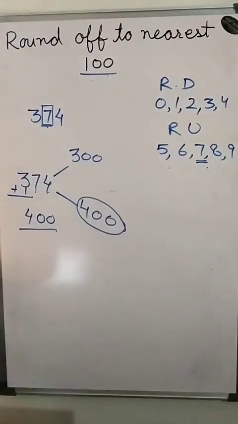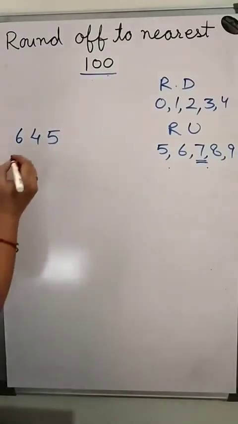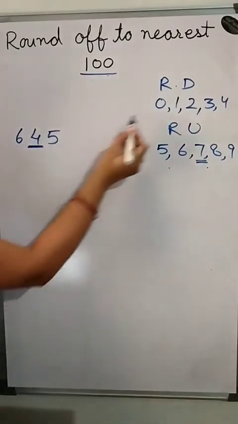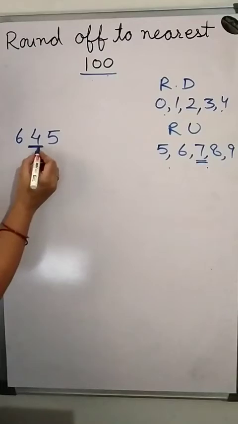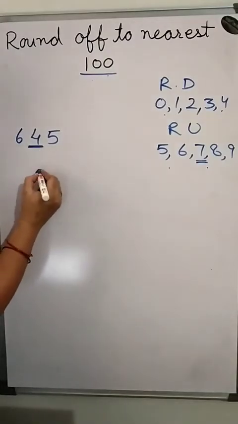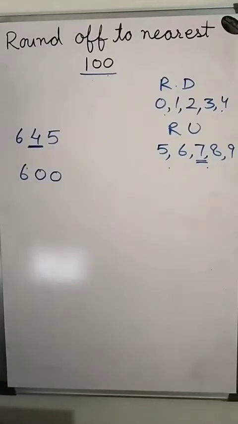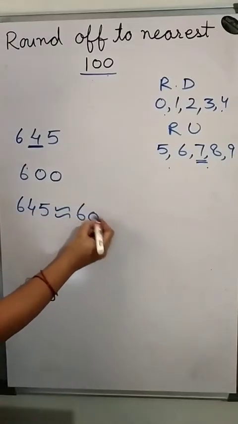Okay everyone, I am taking one more example. Now the next question is 645. We convert this into a nearest 100 number. Just check, nearest 100 means we check its tens place number. The tens place number is from round down, meaning the first group. So there is no need to change anything. Put 0, 0 and here you write down 600. So 645 is nearly equivalent to 600.